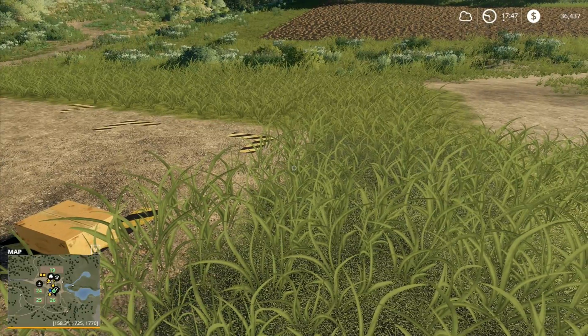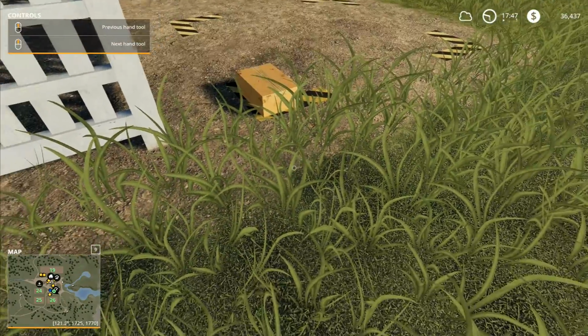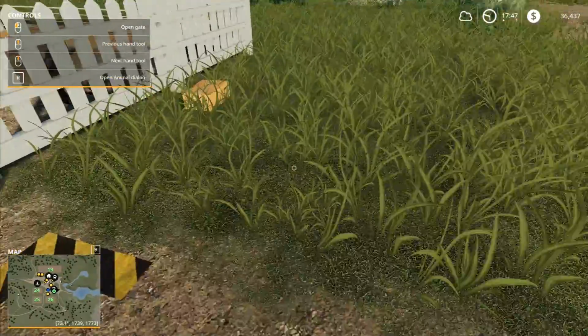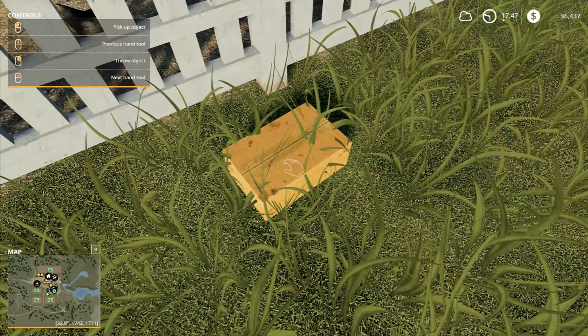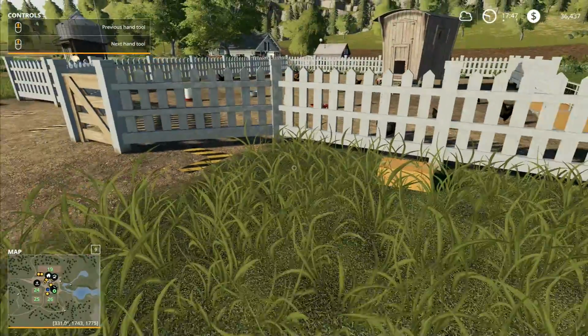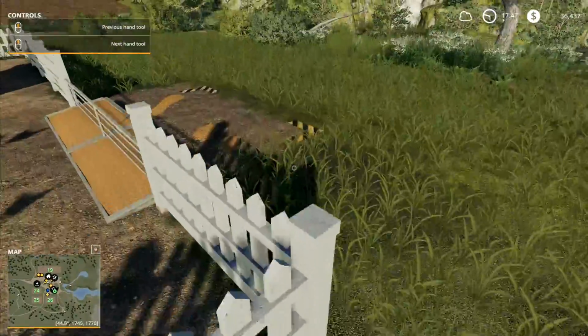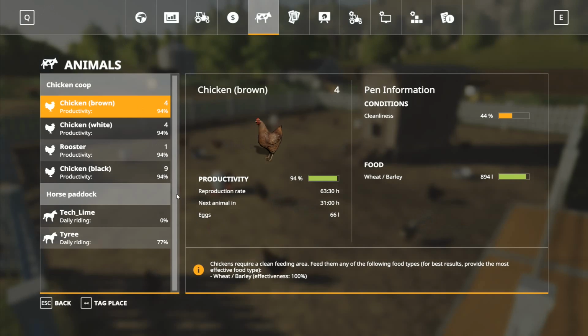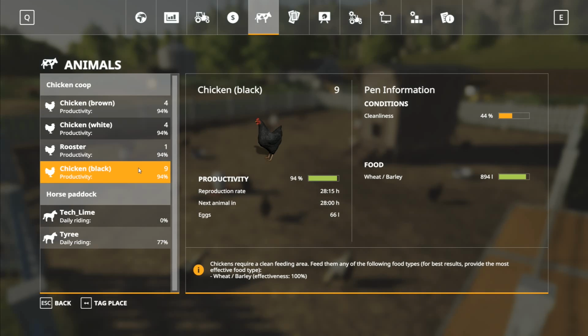Right, oh, that's my steering wheel. If I do that, it just says pick up object. It doesn't actually say how many we've got. I want to find out how many we've got. Once we come back and we get more chickens, we're going to sell all of these, and then we're going to get some more. I'm thinking that we just go for...